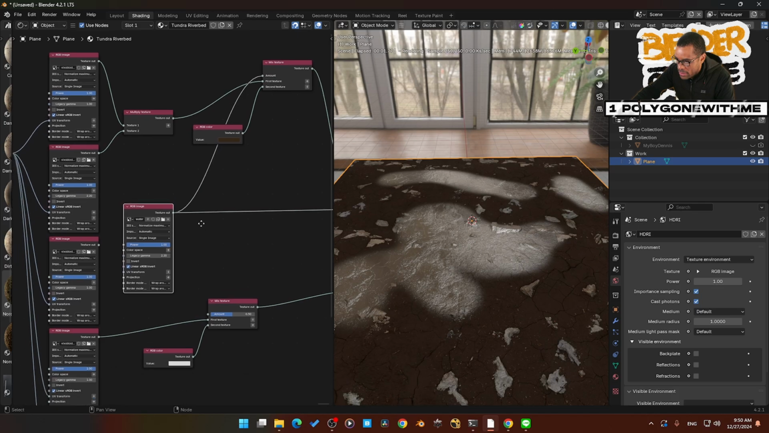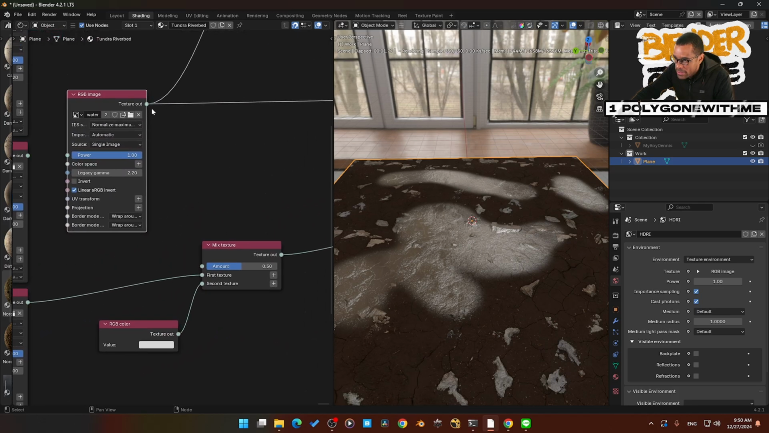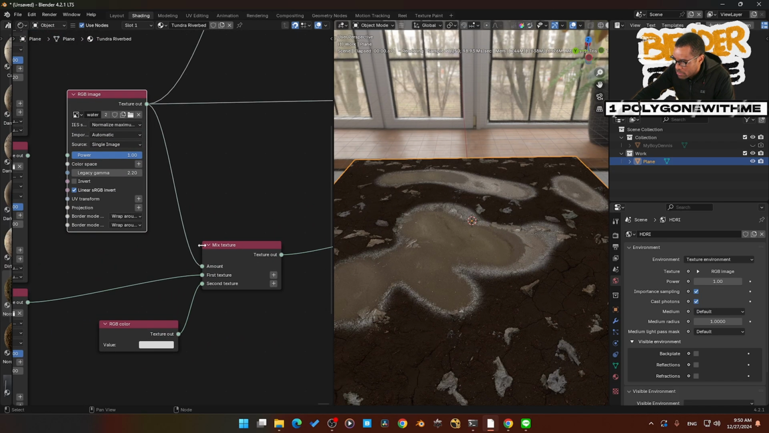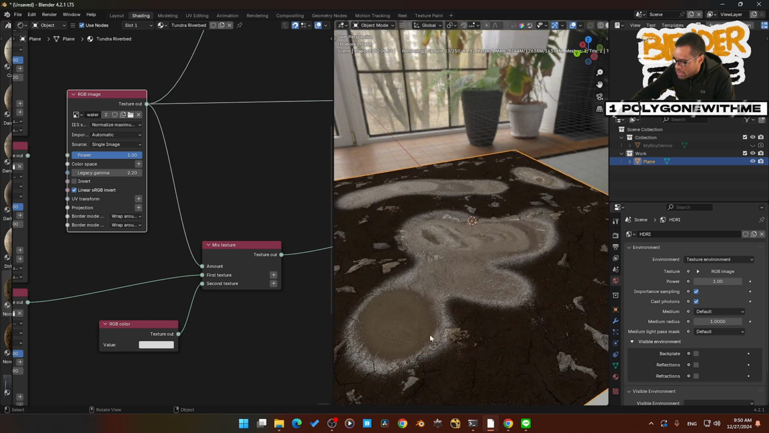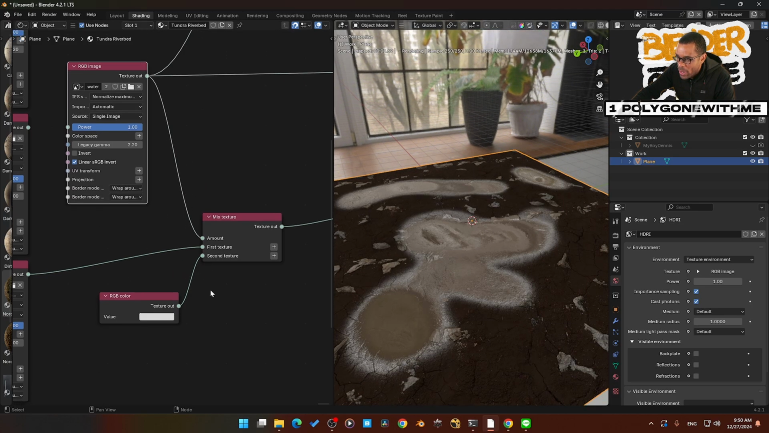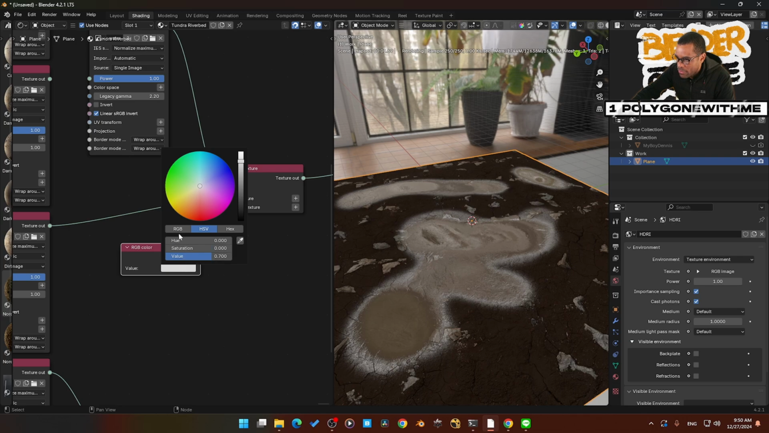Here's my water mask. And I'm going to plug the water mask into the amount. Okay, boom, there it is. But you can still see on the edges, we have the normal kicking in. So the way we can cancel that is a little bit of wizardry that I've learned from another